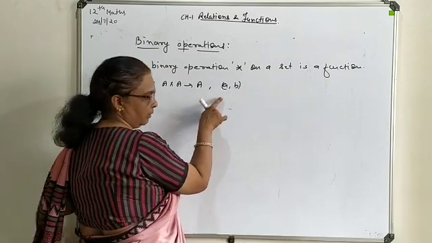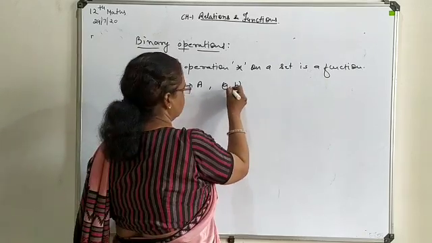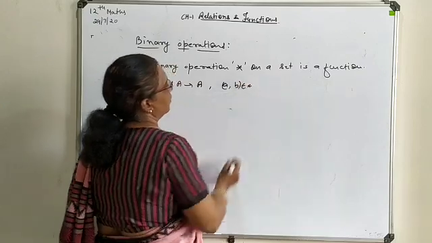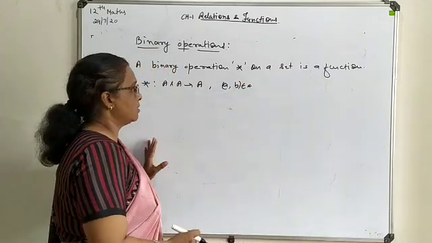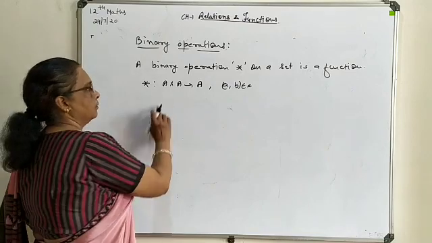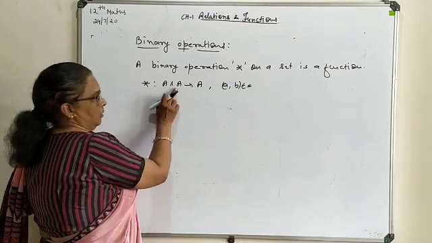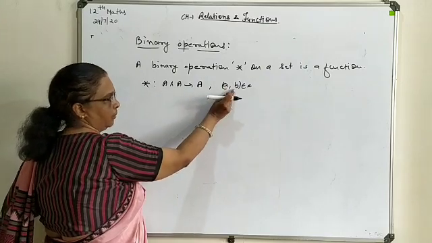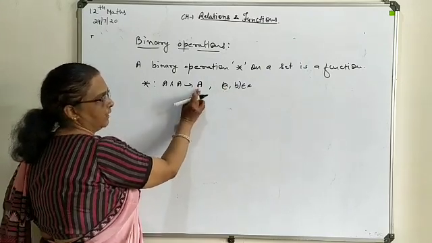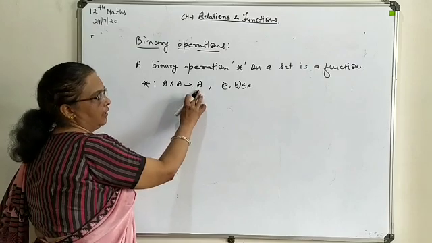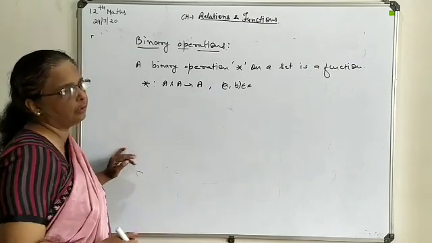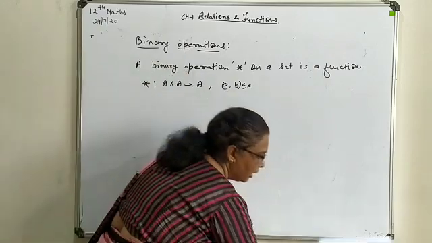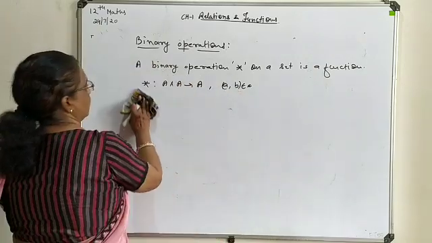In such a way that the ordered pair (A, B) will belong to your binary operation. Meaning, whatever domain you write will be available in ordered pair form, and the answer you will get in the form of a single answer. It may be A or B. So this is the basic definition of a binary operation. How can it be expressed?